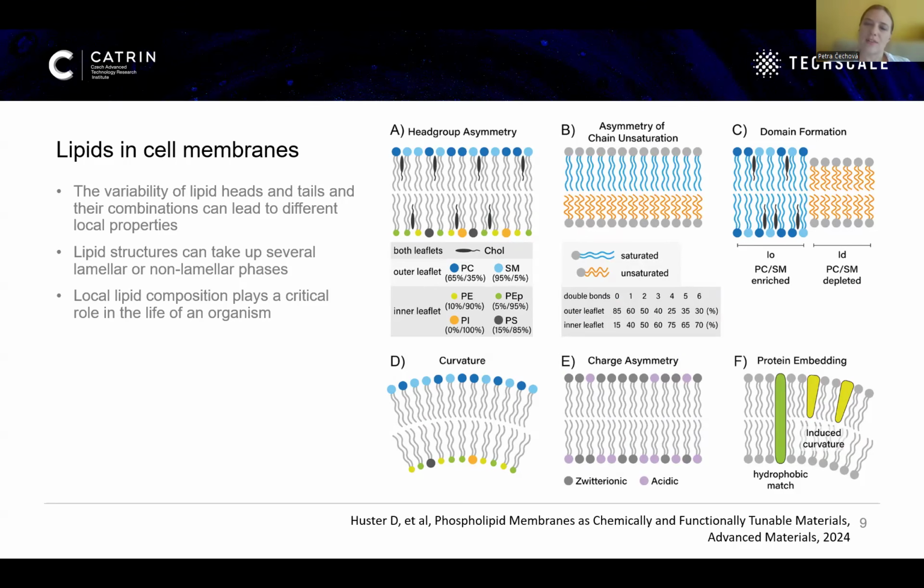So unsaturated tails are usually longer and less ordered, while the other way around, saturated tails are straighter and more stretched and more ordered, where unsaturated tails point to the side, so they are more fluid. There can be domains based on that. And the membrane can also be curved based on the combination of lipids in each leaflet. And all of that is also